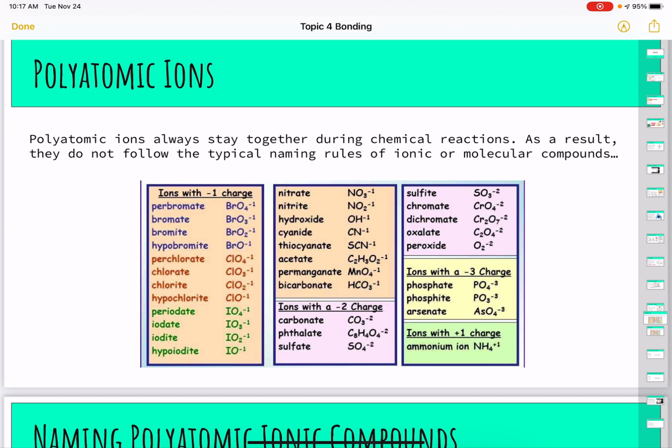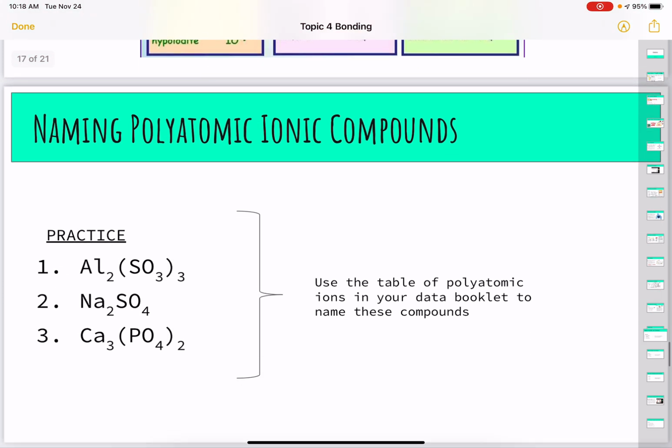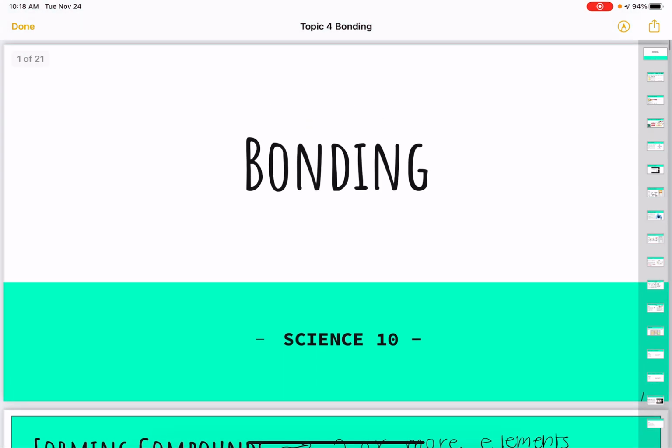So they do not follow any of the typical, I guess they follow ionic in the sense that those 2 or 3 or however many elements together, they already have an overall charge. So these are not ones you have to remember. You'll always have them on this paper, or I will give you some sort of data sheet that you'll have these on. All right. So how do we name them? Well, they're basically the same as we've been naming the other ionic elements, except for